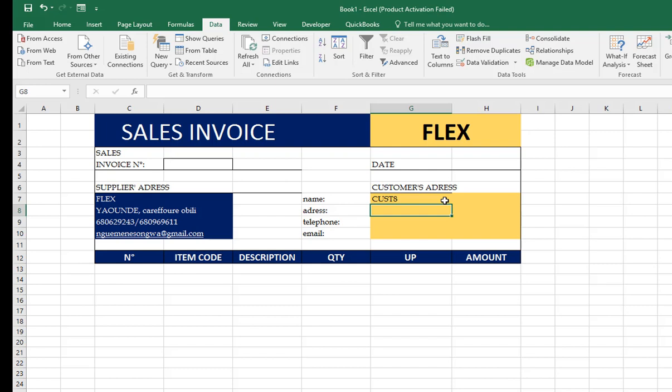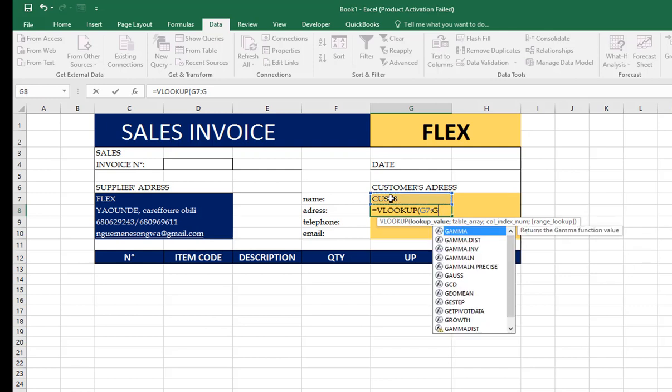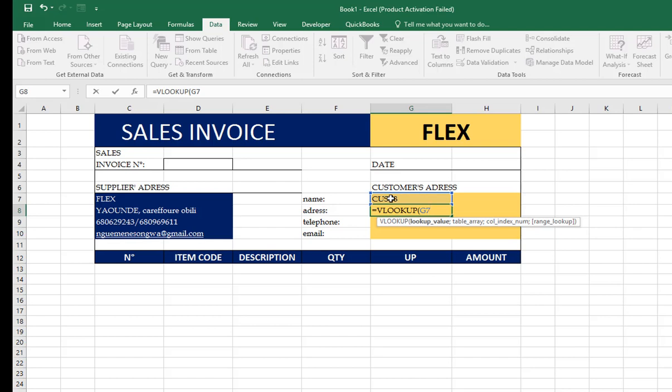I'm going to be looking up the customer's name to bring in the address of the customer. So I say equal to VLOOKUP. The lookup value is going to be the customer's name, then I put a comma,